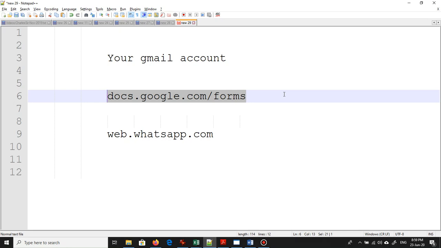Next misconception was my forms got deleted. Let me tell you, none of the forms get deleted by themselves. You don't even have to save them. You are not actually saving them. You are not actually storing them on your local drive. When you are working on Forms, the characters that you type are immediately stored on the cloud. That is, they are stored on the internet somewhere. So they are already saved.